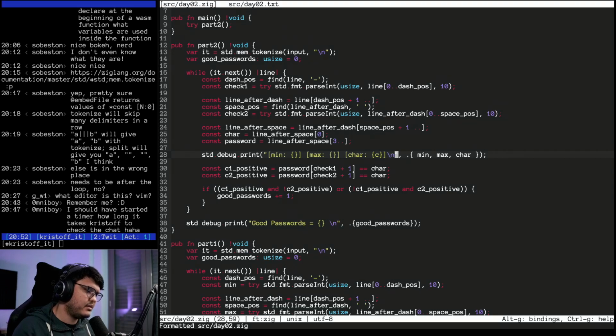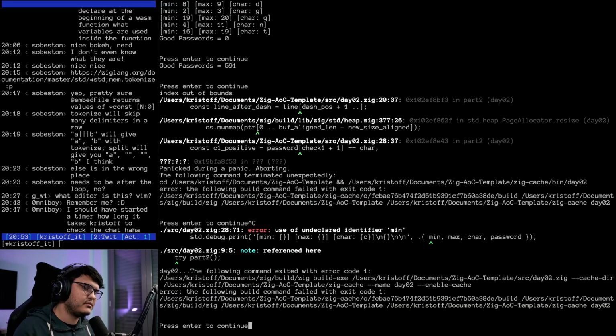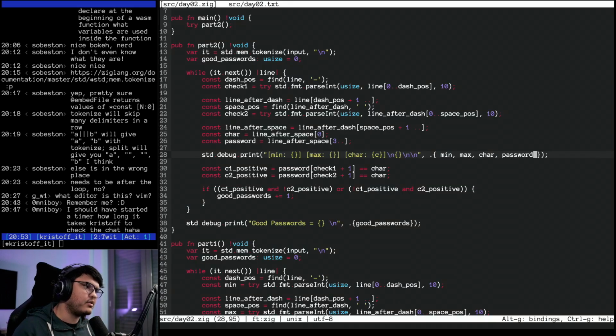So new line, password, and then new line, new line. Okay, so let's see why we're getting out of bounds. Error used on the client identifier min. Oh, right, these are being renamed.